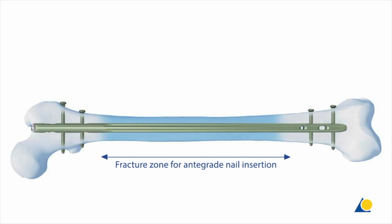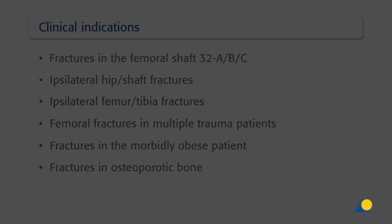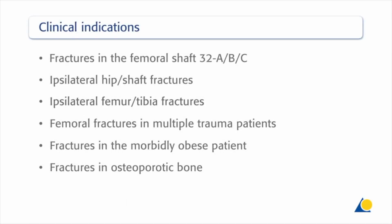with two locking screws. Upon completion of this exercise, you should be able to identify the clinical indications and contraindications, describe the correct patient positioning, identify the correct entry point for antegrade nailing, and explain the steps used to perform the surgical procedures. Indications for the use of RAFN nails in the antegrade procedure include cases where there are fractures